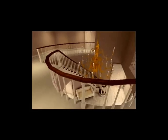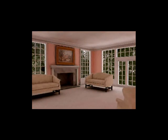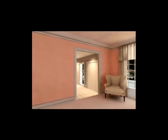That's fabulous. This company is just in the earliest stages of ramp-up. Where the technology goes from here is equally as fascinating. Soon, buyers will be able to go so far as to remove the seller's furniture and try out their own furniture in these rooms. Change the wallpaper, the carpeting. There's never been such a consumer-friendly tool in the real estate market. It gives you the possibilities to create the home that you're going to be in versus